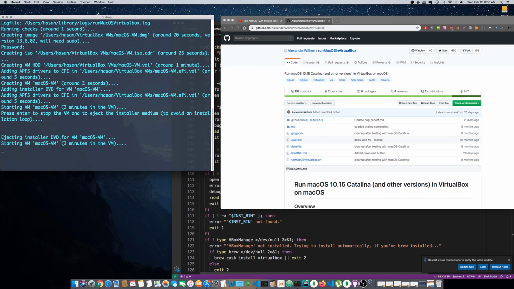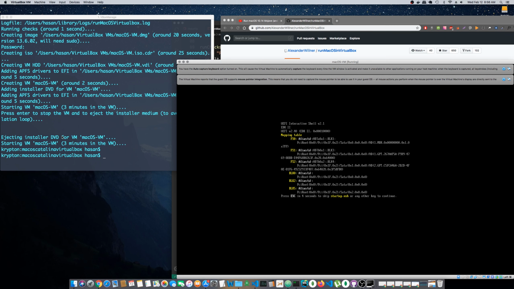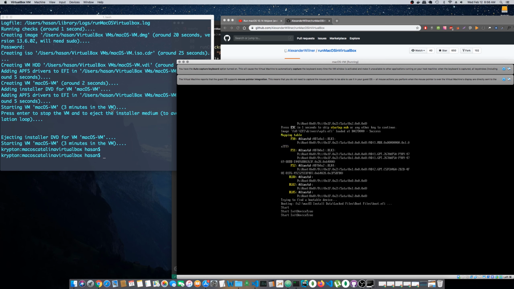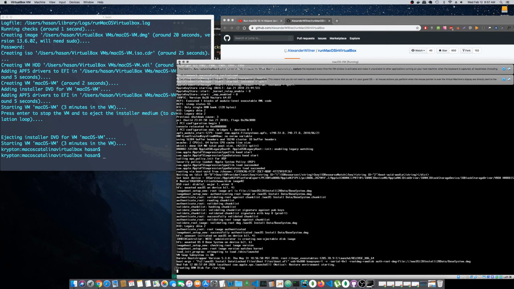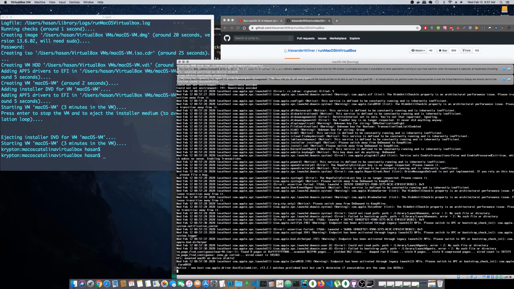Otherwise you will be in a loop to reinstall the operating system again and again. You can see in the video, in the terminal it says ejecting the installer DVD from virtual machine. You have to press enter right when the virtual machine tries to restart,